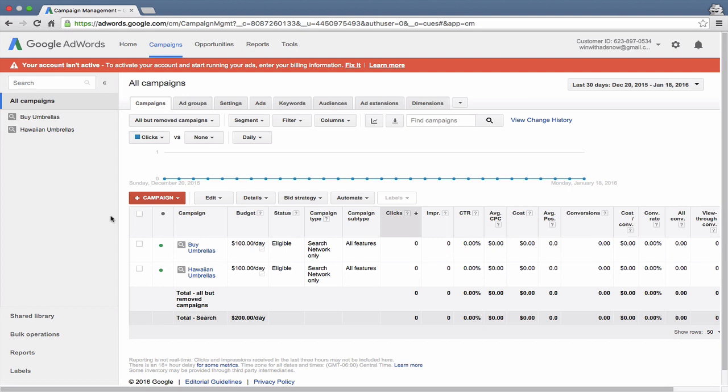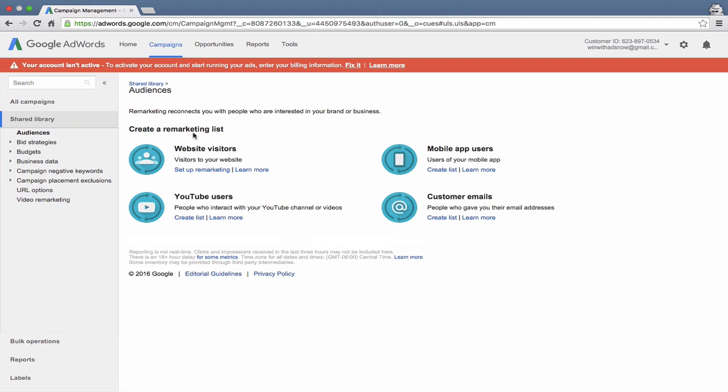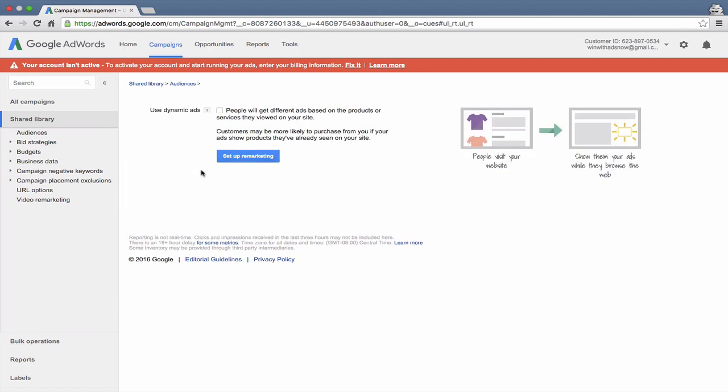So to generate the code, you can go over here on the left to Shared Library and click on that. And then under Audiences up here in the top left, click View. And here there are several options. And the main option, the one that we'll look at right now, is Set up remarketing for visitors to your website. So we'll click on Set up remarketing. And it asks you if you want to use dynamic ads. Dynamic ads is an advanced feature where you can show dynamic ads to people